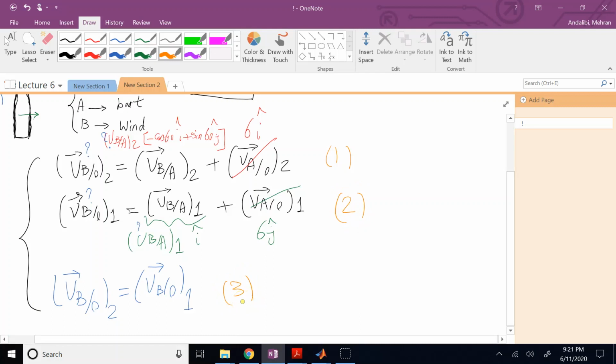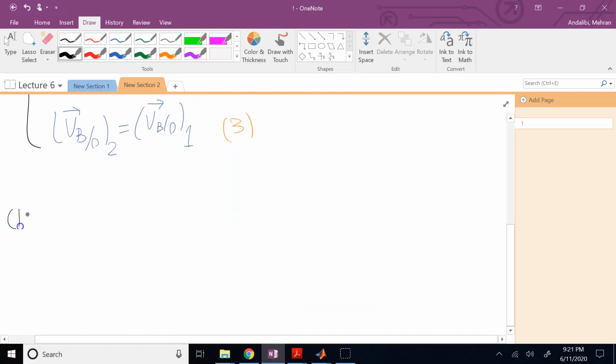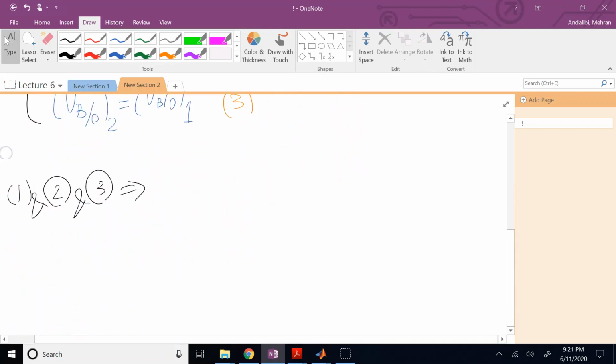If I combine 1, 2, and 3, because their left-hand sides are equal, therefore the right-hand sides should be equal. So now if I use 1, 2, and 3, I can see that the right-hand side of the first one, which is negative VB with respect to A into cosine 60 i,